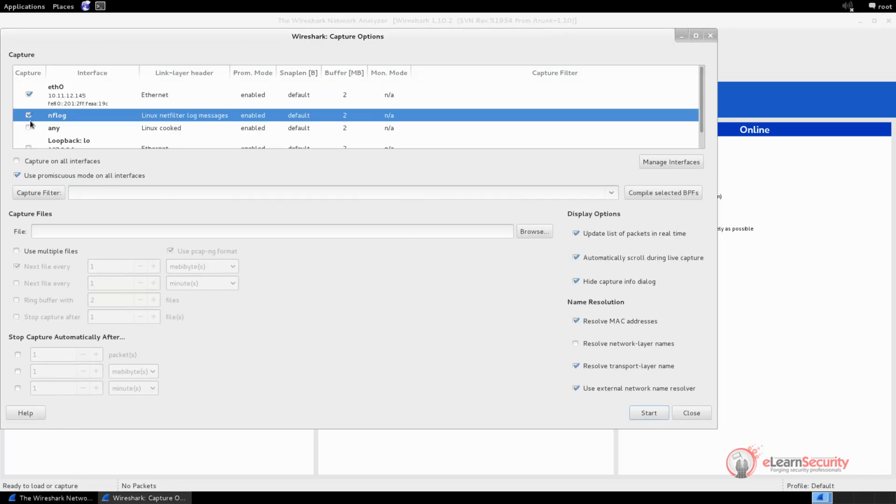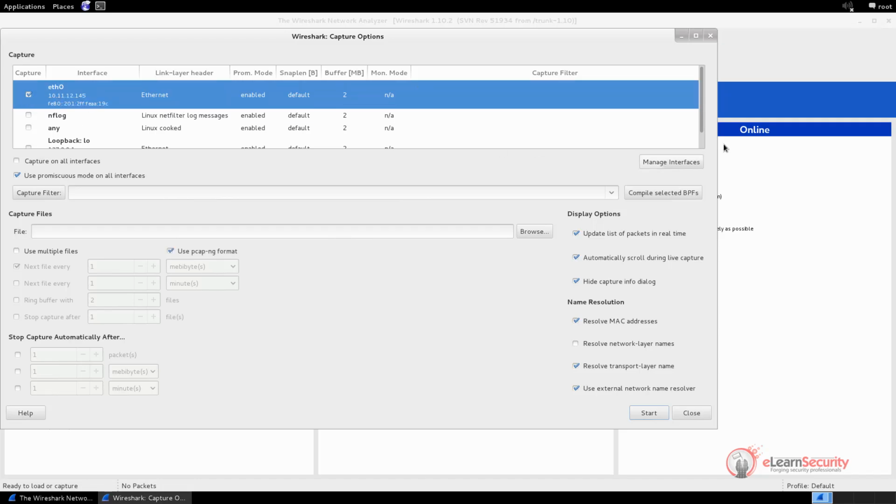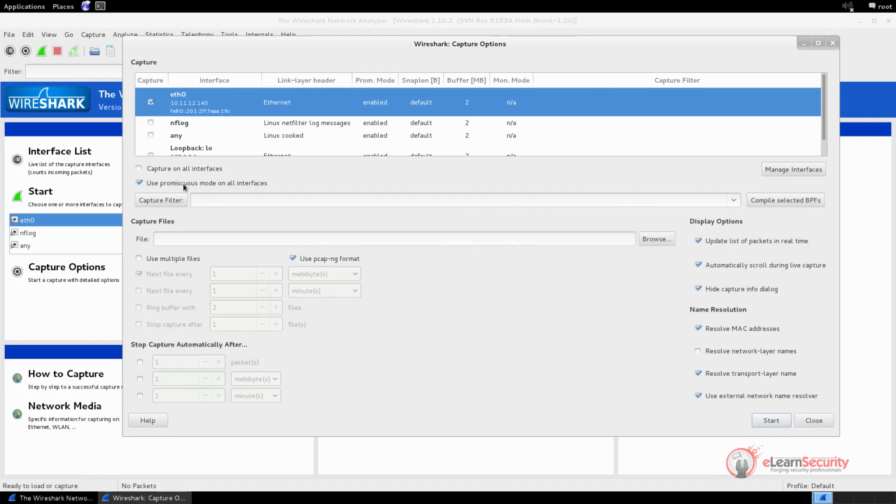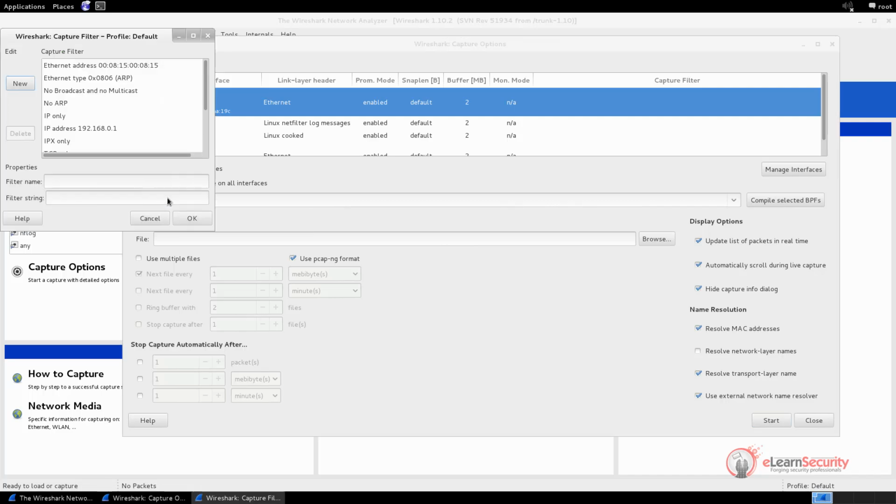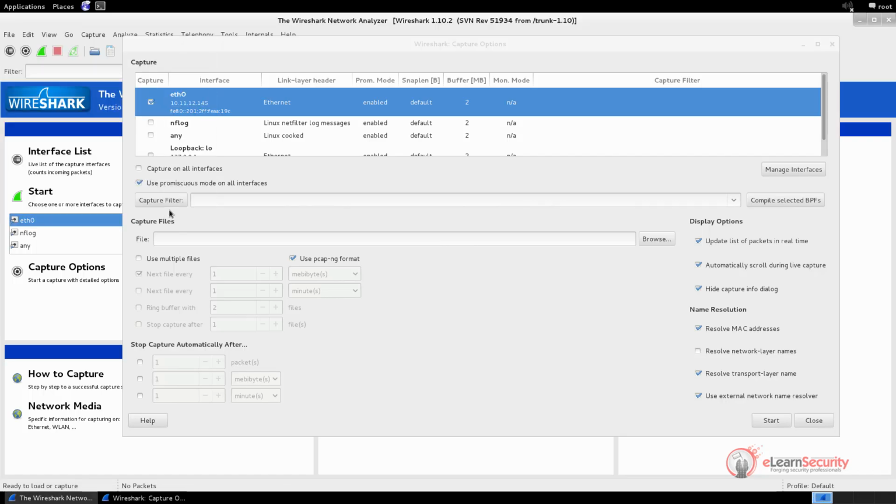This window lets you choose the interface to use during your traffic capture, your display and name resolution options, and your capture filters. To filter a capture, you can click on the Capture Filter button. Capture filters are a great way to select the traffic you want to sniff. As you can see, there are some default common filters, but you can create as many filters as you want by using this window. We want to capture all the traffic during this first session, so we can close the current window,